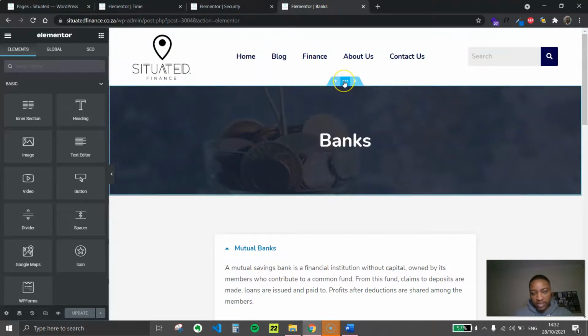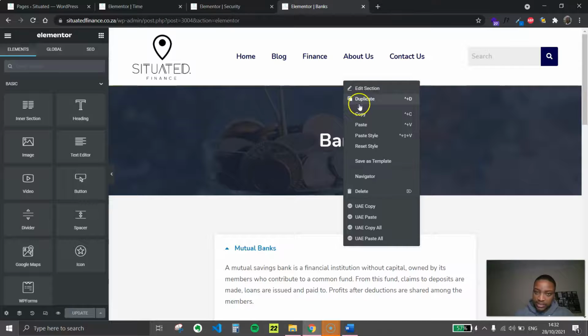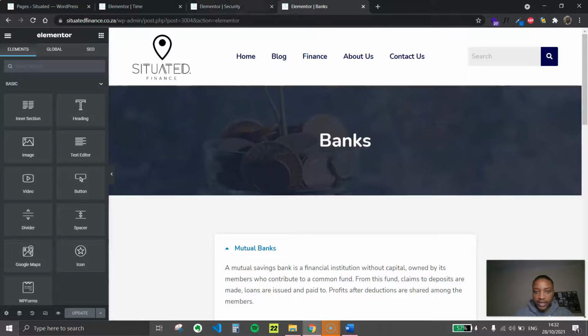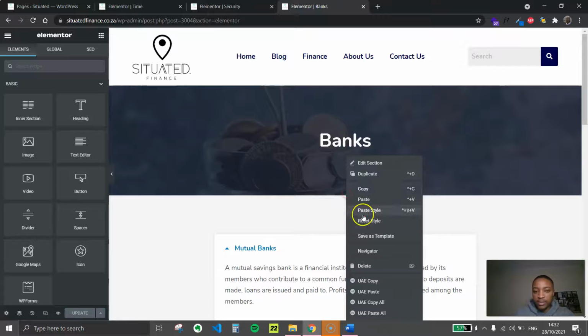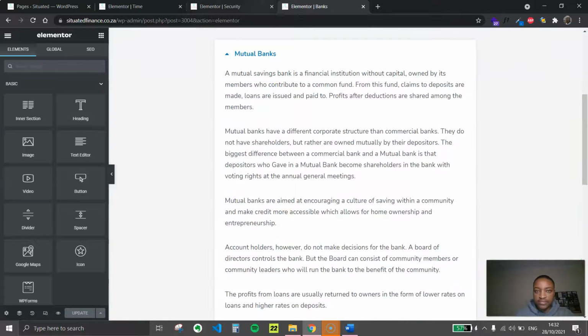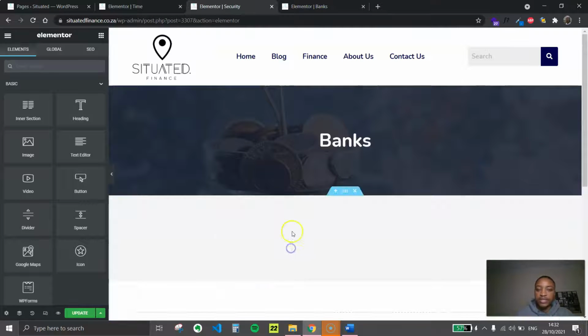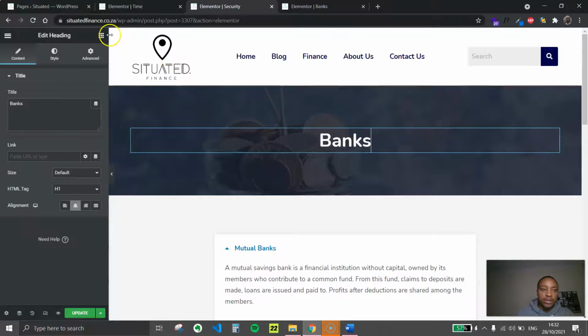Now we need to add the content again from the two recently created pages. It's the same thing as before. So it's edit section, copy the header, and then also copy the drop down and the button from the bank section. Paste again, and then change the name, so security,